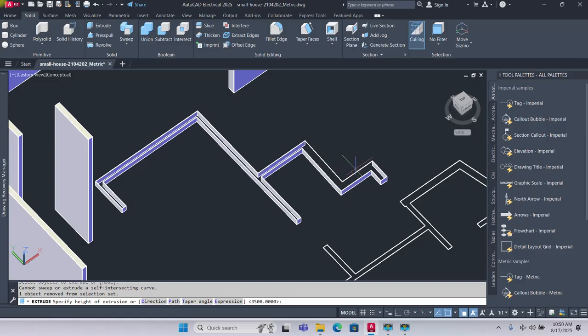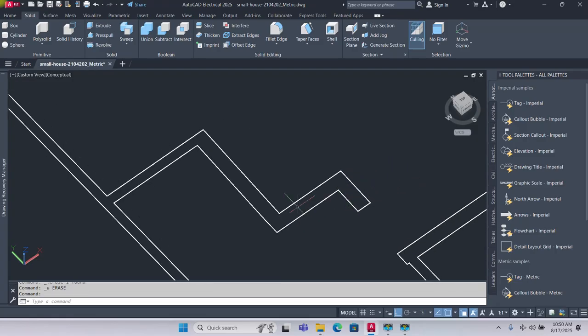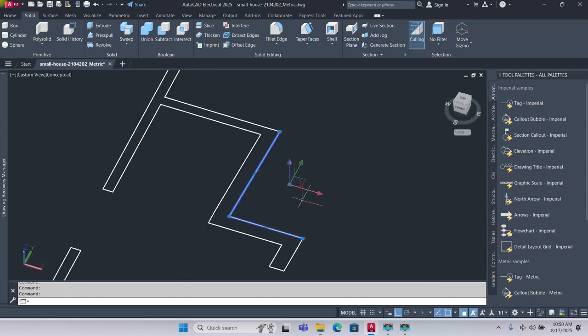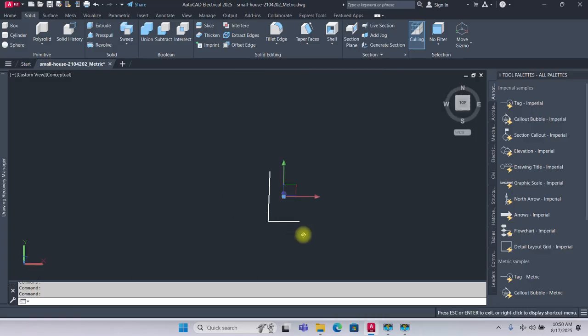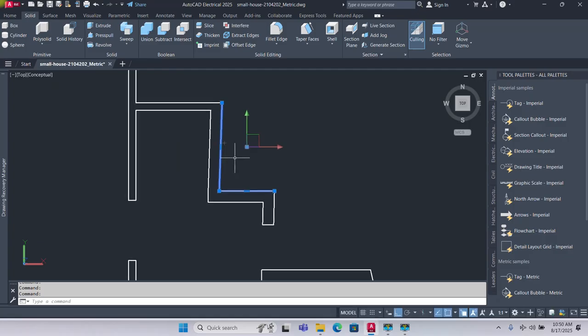So it's missing this line. So I think something is wrong here. So if I press delete, Ctrl Z, this is a polyline, this is a line. This is not being extruded, so something could be wrong with this. So let me just go to the top view and see how I'm going to